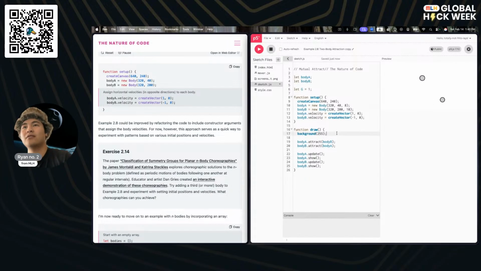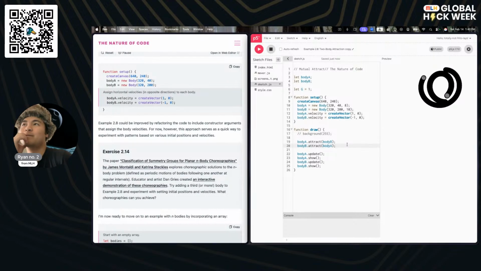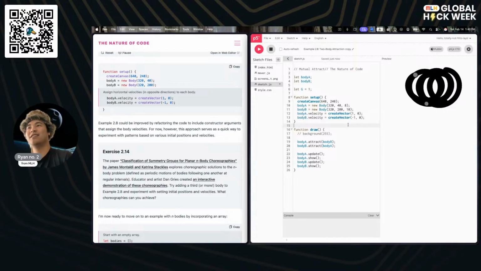So I think I'm seeing them move a little bit. We can track this more if we don't draw over the background. There we go. So it's not as harmonious as it was before, now that they're different masses.